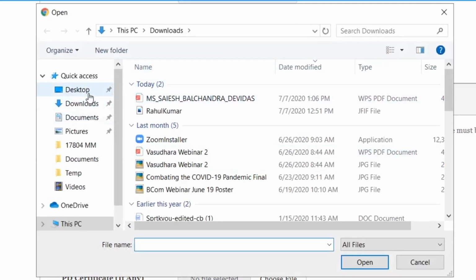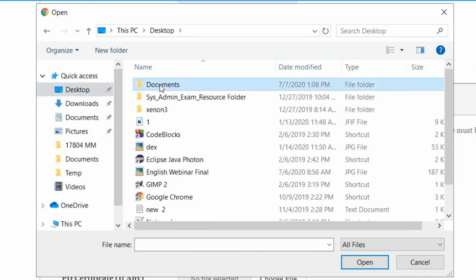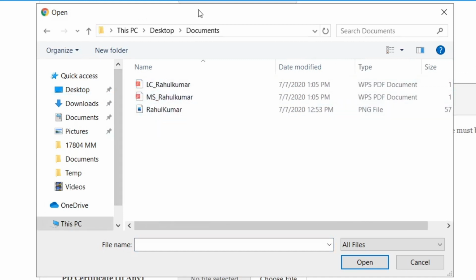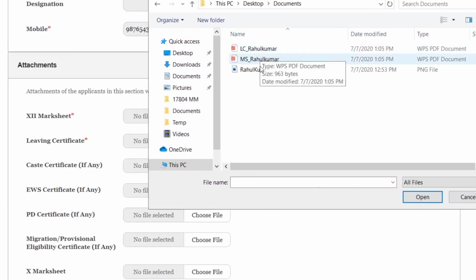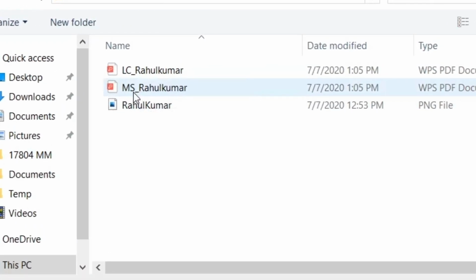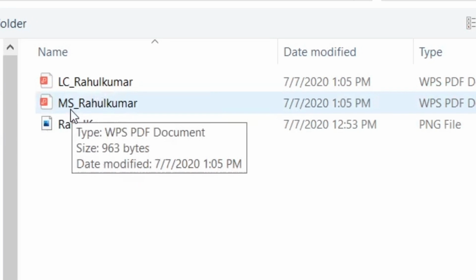My documents are there in this folder documents. So I am attaching my mark sheet. It is preferred that you save your mark sheet in this format: ms_your name.